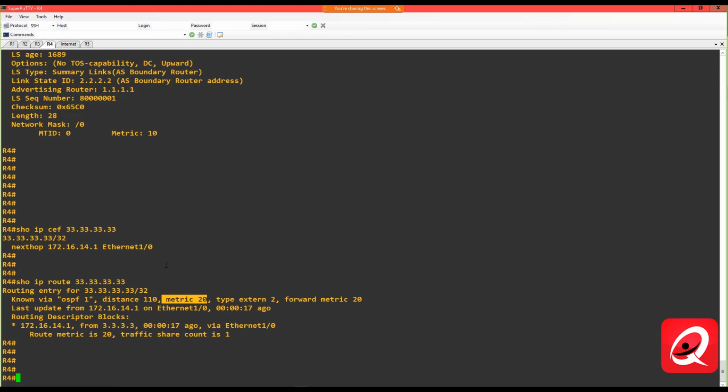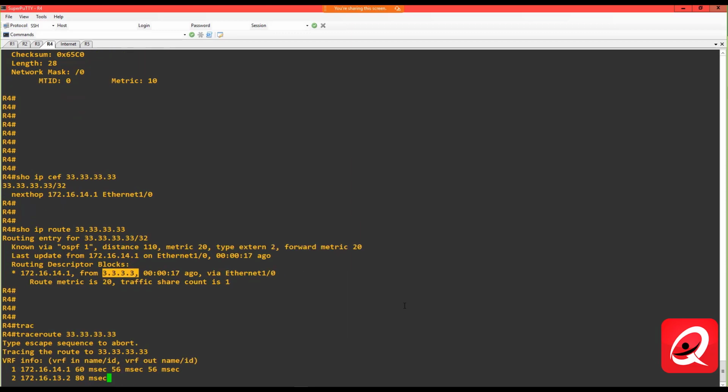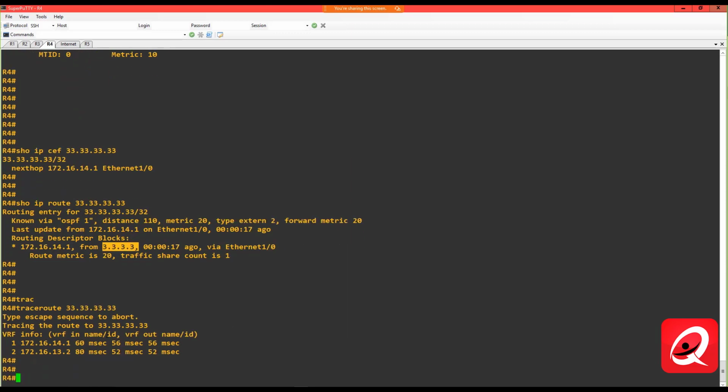Now this is really interesting because router 3 is the one that's advertising the route. But we're not going to router 3 to get to that destination. If I do a traceroute to 33.33.33.33, we can see that we're going from router 1